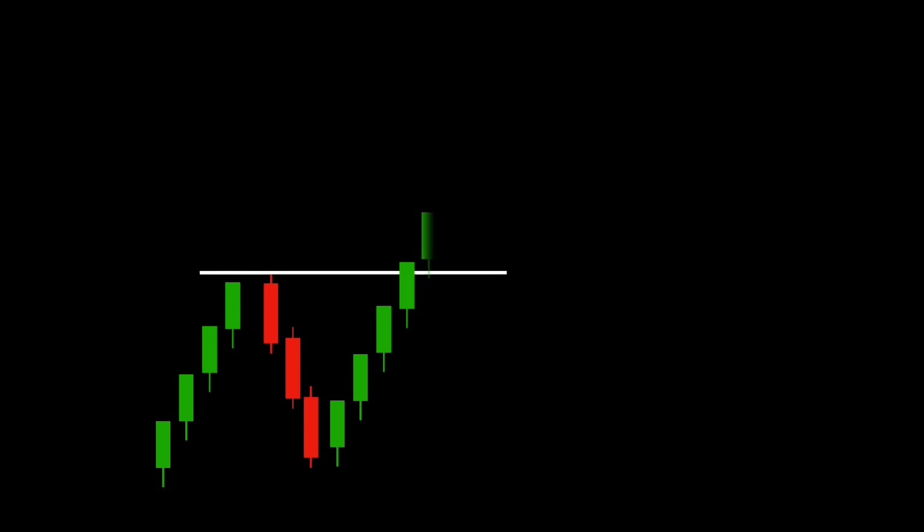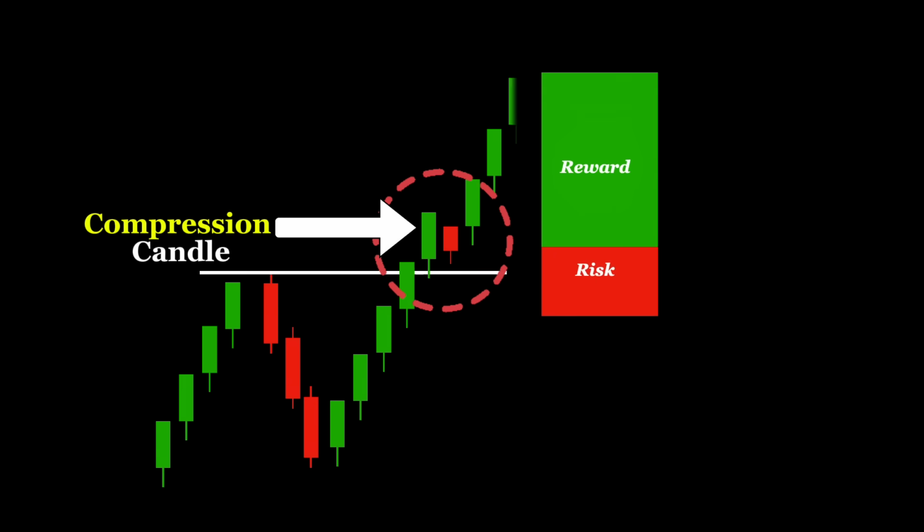But here's the key: a compression candle is not just a random pause. It's a setup candle, one that appears right before the market makes a decisive move. Smart money loves to use this pattern because it gives them the perfect moment to build positions quietly while retail traders are distracted or uncertain. When you spot a compression candle in the right context, you're potentially looking at a launch pad for the next